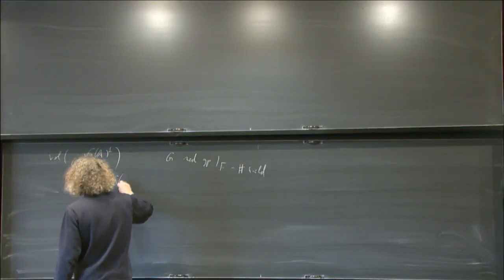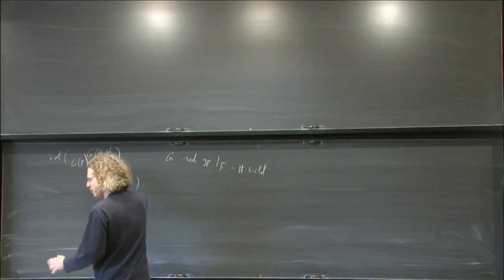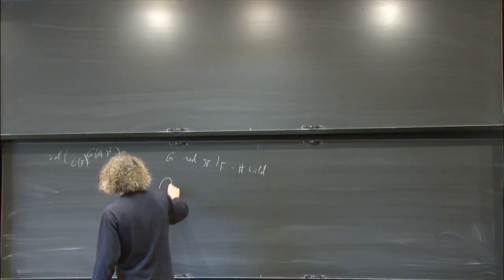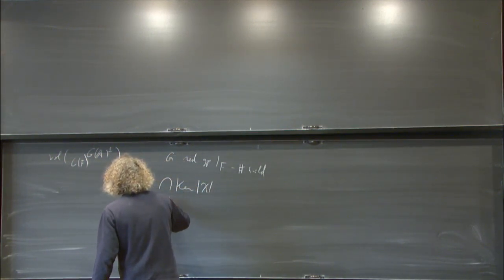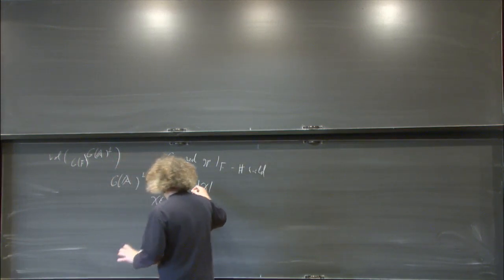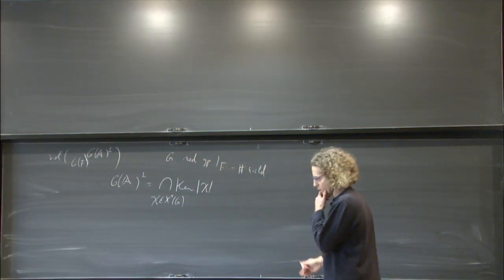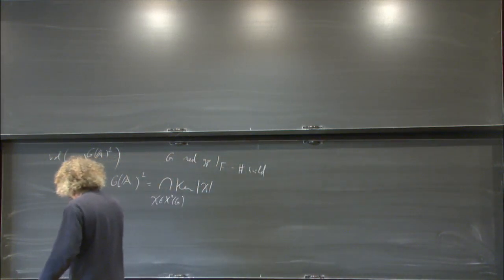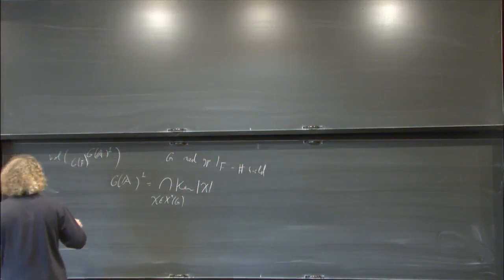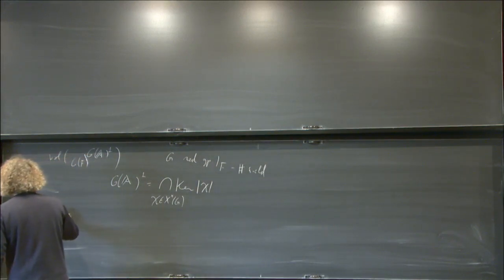And G(A)^1, A is the adeles of F, and G(A)^1, as usual, is the kernel of absolute values of all rational characters, like the determinant for GL_n, to make it finite volume. And so this means that we look at the